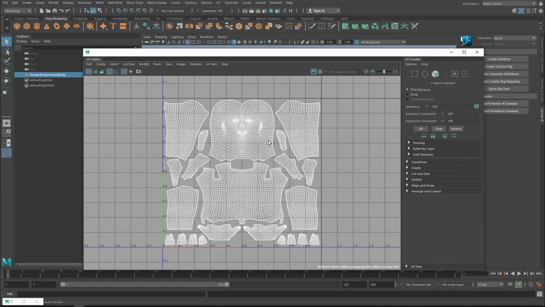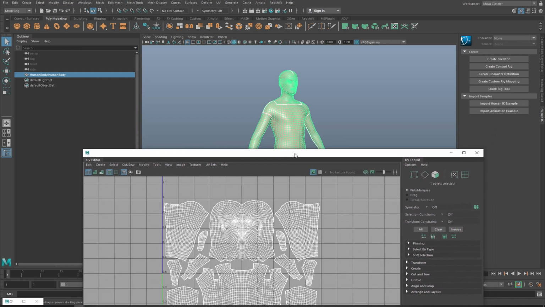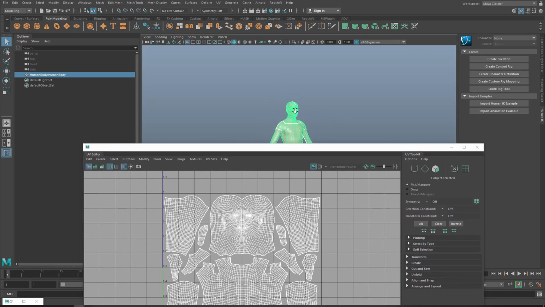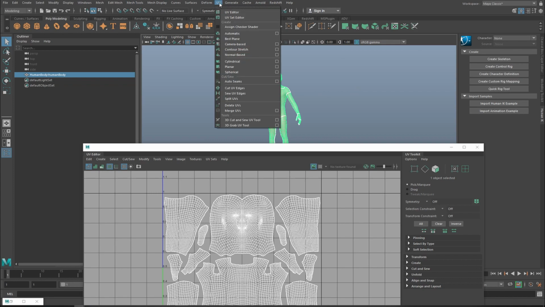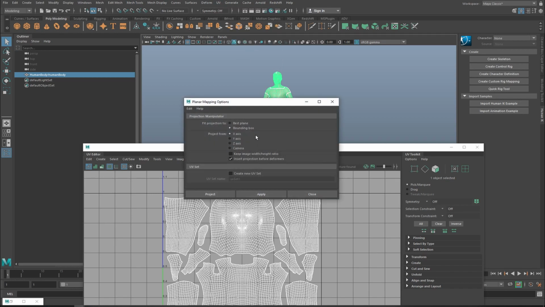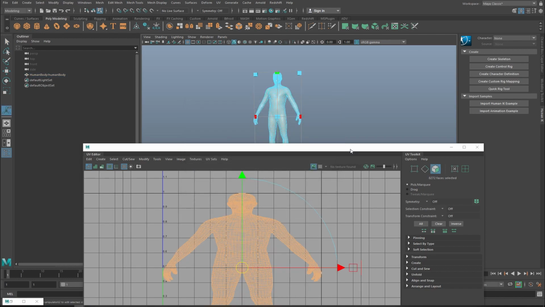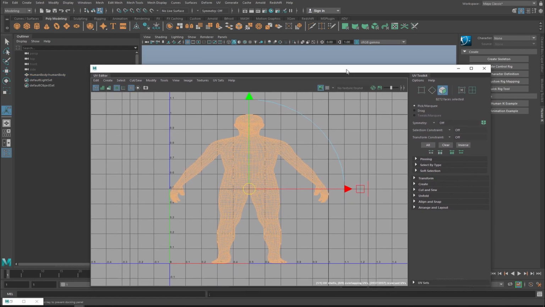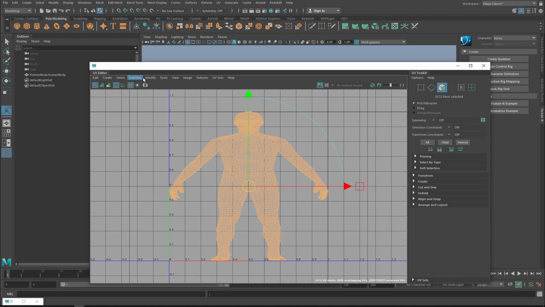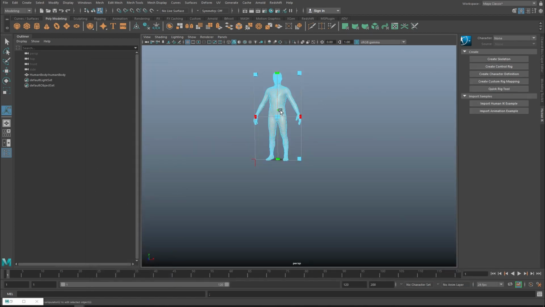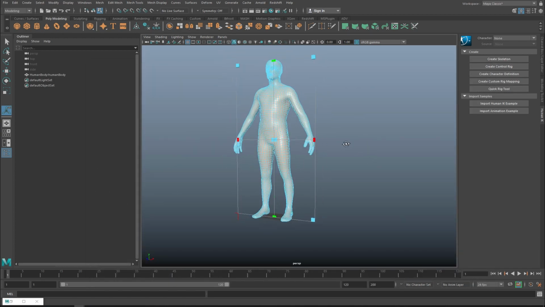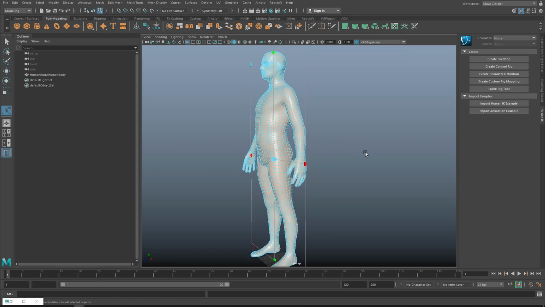But now, if we take a look, this model already has UVs, and I'm going to intentionally mess it up. So I'll do a planar projection on the Z-axis, just to make it easier for you to see. And now with these coordinates, which are overlapping and so on and so forth,